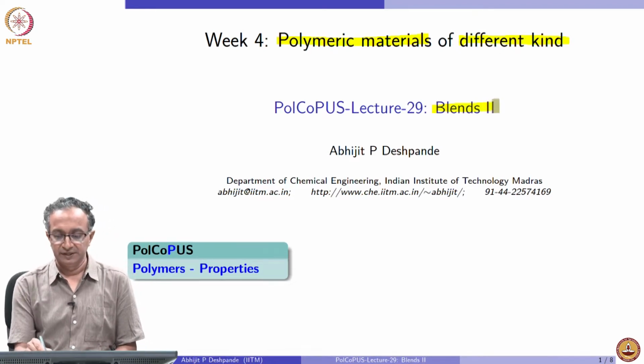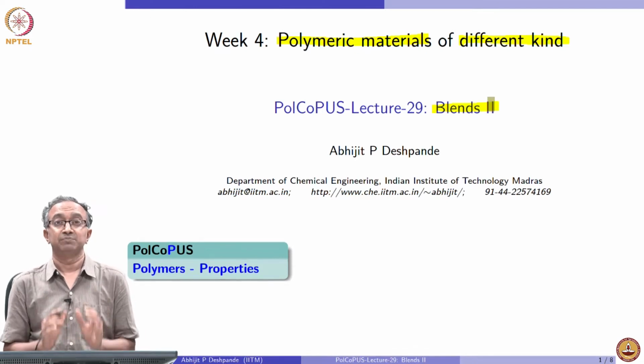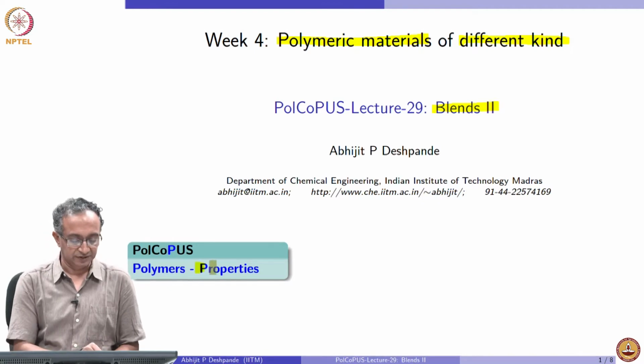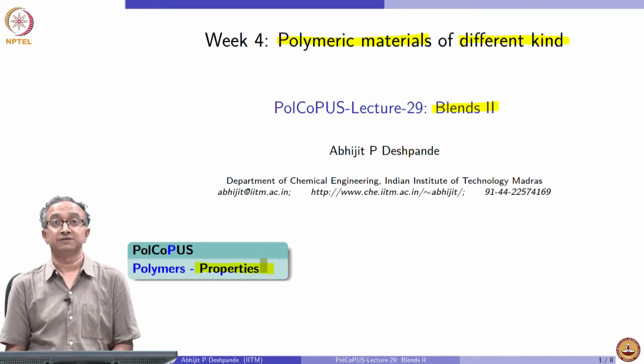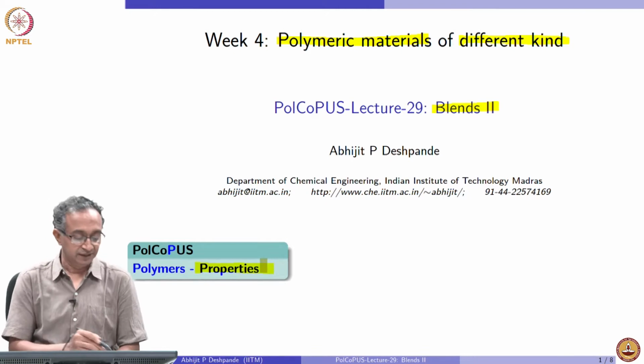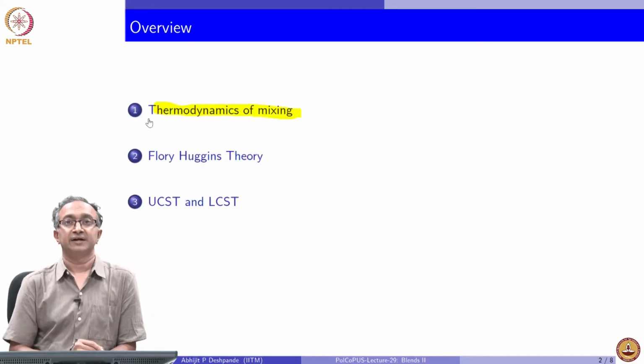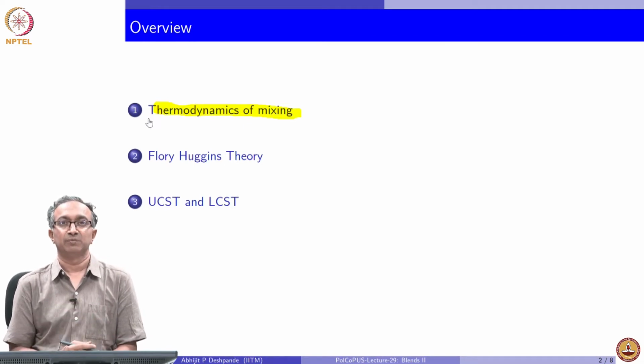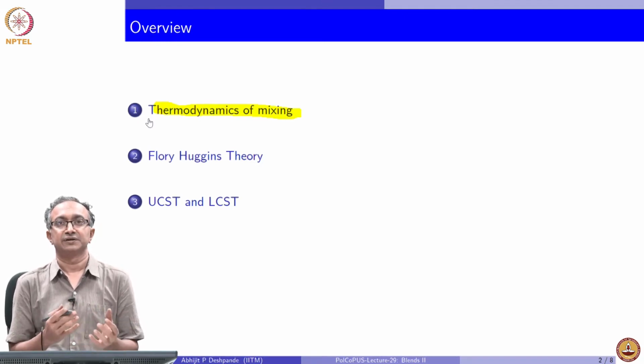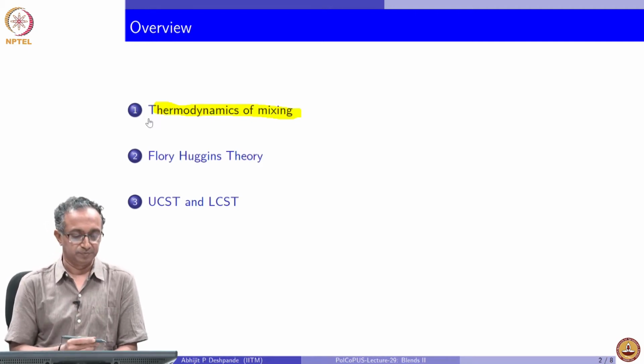And in the last lecture, we looked at blends and their definitions. So in this lecture, we will try to look at some of the properties associated with blends, and mainly the thermodynamics of mixing. So we will begin by looking at thermodynamic aspects of the free energy of mixing for blend systems and understanding the basic Flory-Huggins theory, which is proposed for understanding the miscibility of two polymer